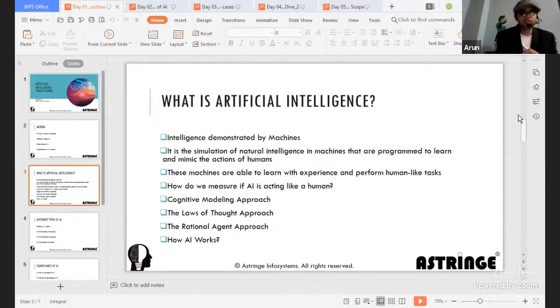What do I mean by that? If the machines can do the similar tasks that humans are doing, do you think machines could replace humans? Probably yes, probably no. If it is a repetitive task, or one where you know what the output would be for a given input, then probably machines could replace it.